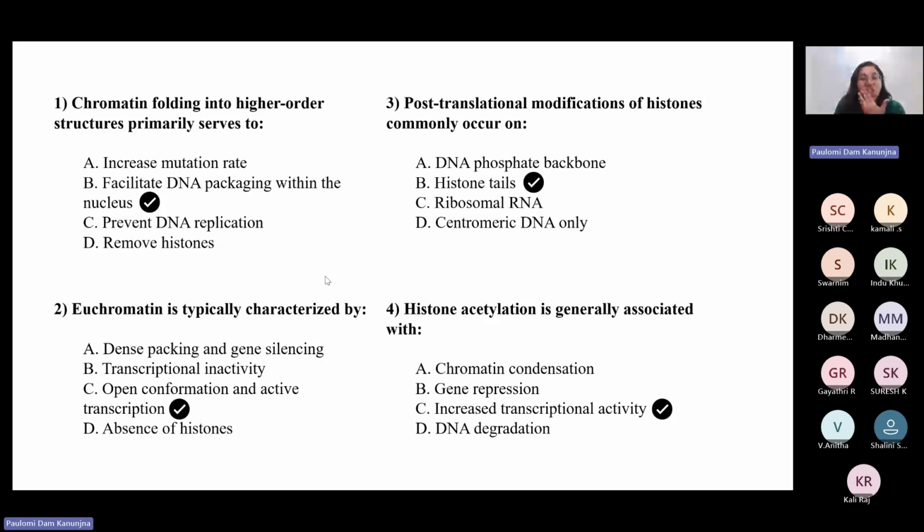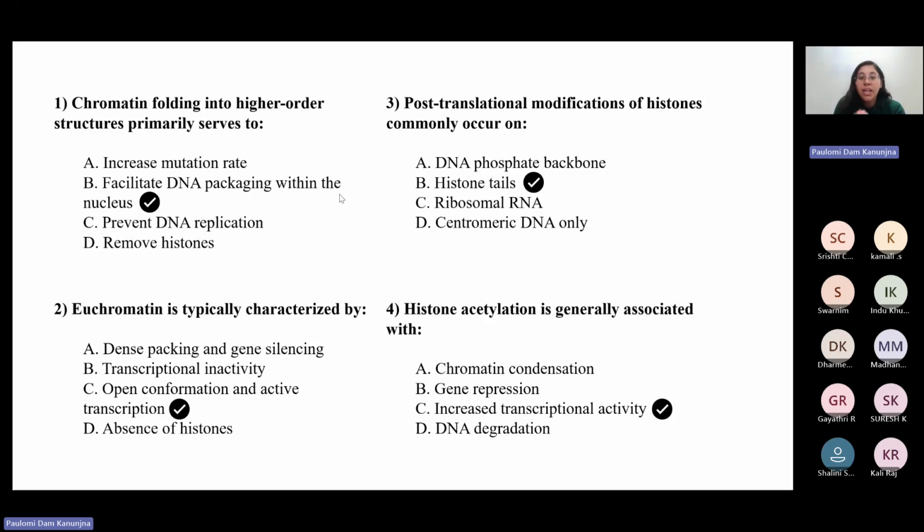Okay. Next one says euchromatin is typically characterized by open conformation and active transcription. This you need to make a mnemonic, or you need to somehow remember what is euchromatin and what is heterochromatin. Associate euchromatin with active transcription. One terminology, like say active transcription or gene rich regions, should enable you to remember the other one as well,